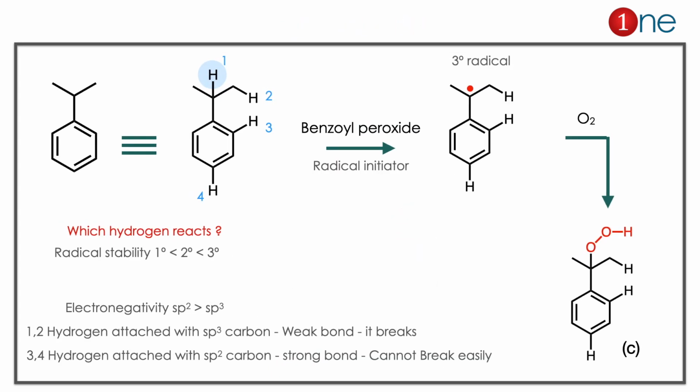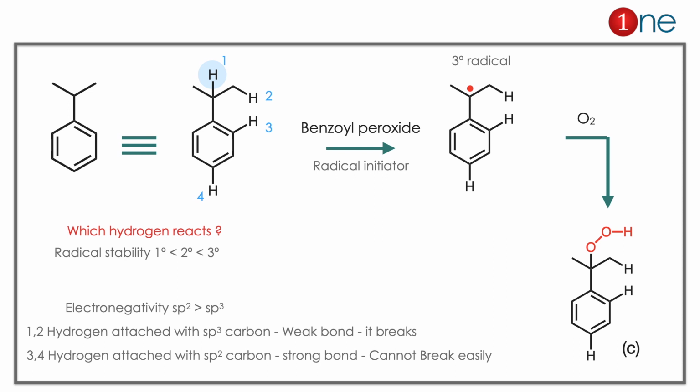The starting material is benzene and you have to think of reaction possibilities. Normally if you use benzoyl peroxide you have radical formation. There are 4 possibilities. You can abstract from the first position or second position, and third and fourth. If you take it out from there you have to think of stability and the breaking of the CH bond. Positions 3 and 4 have bonds attached to sp2 carbon, so they are very strong bonds. You cannot break them easily. But positions 1 and 2 hydrogen bonds are relatively weaker, and you can break them. So 1 and 2 are the only possibilities.